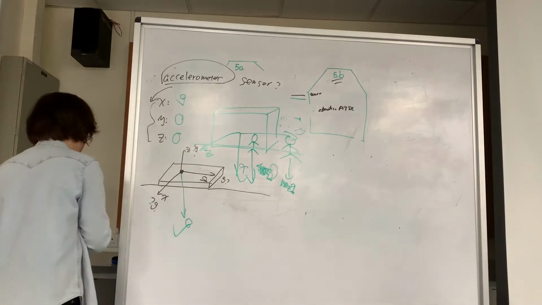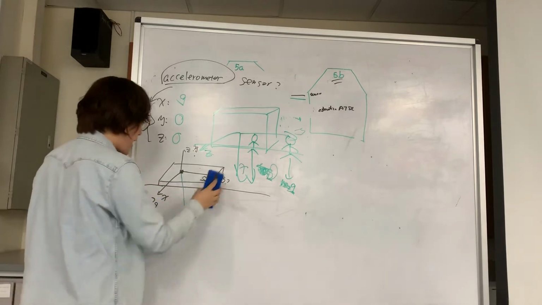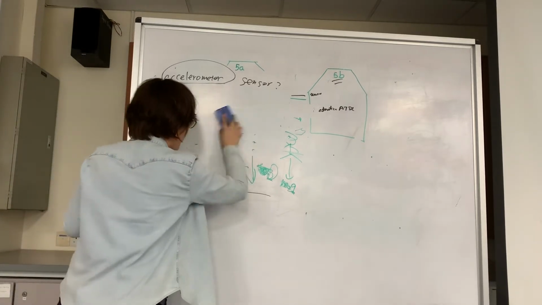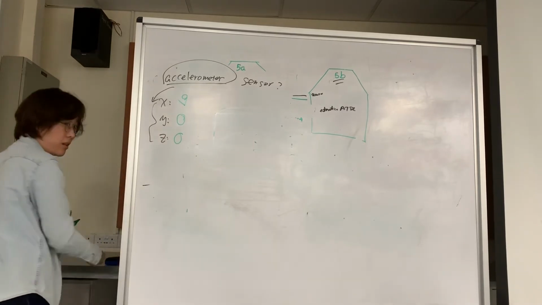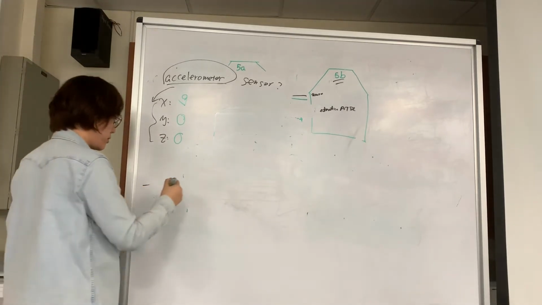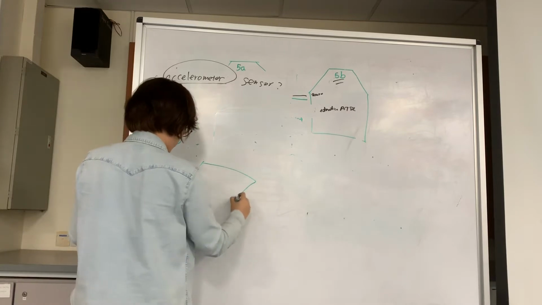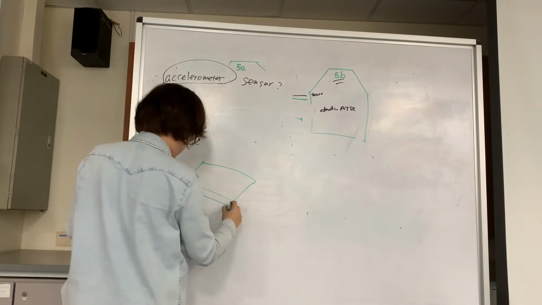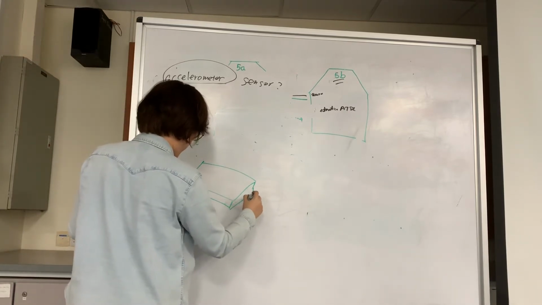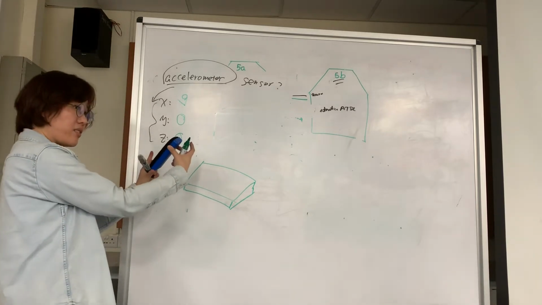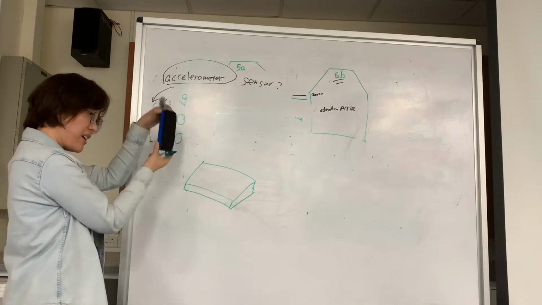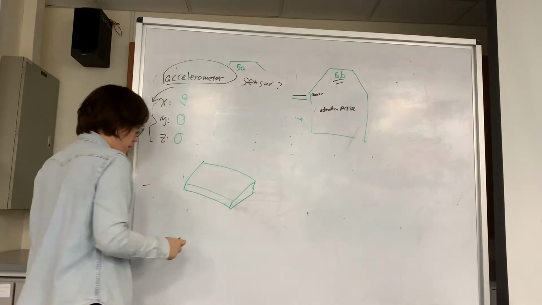Then, the arbitrary case. Let's say my board is neither like that nor like this. My board is tilting at an arbitrary angle. I don't know how to draw. My drawing is very poor, but let's say this is the way. It's like standing like this, okay? Arbitrary shape, any shape can. So you have a g,